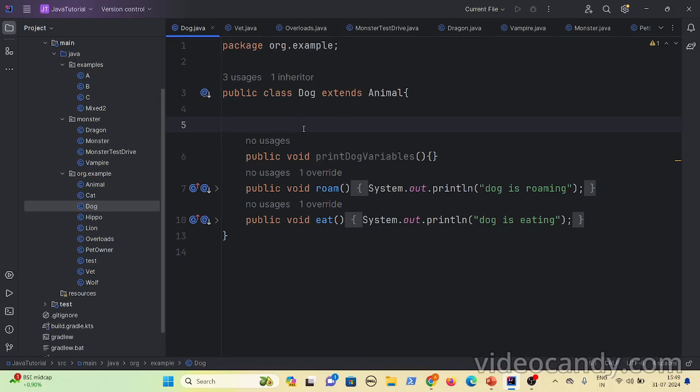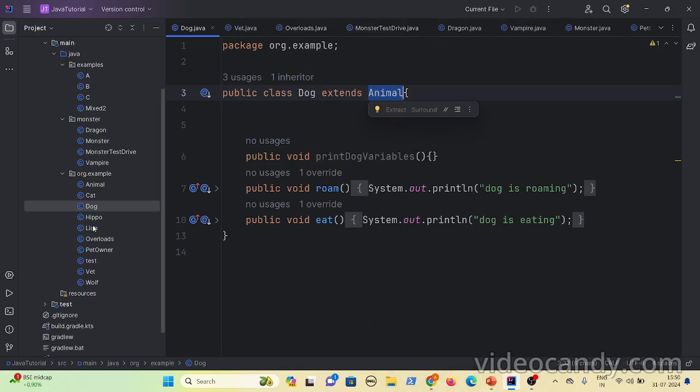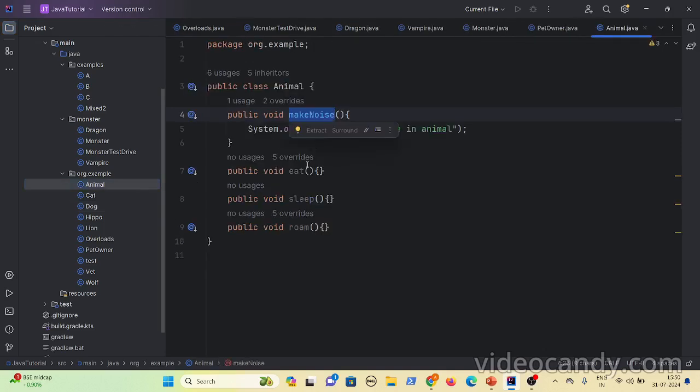Here if you see, there is no make noise method present. But here it will find that it is extending the animal. We already discussed during the inheritance discussion that whatever methods are present in the animal are methods of dog as well. So first it went to the animal class and created 4 buttons.